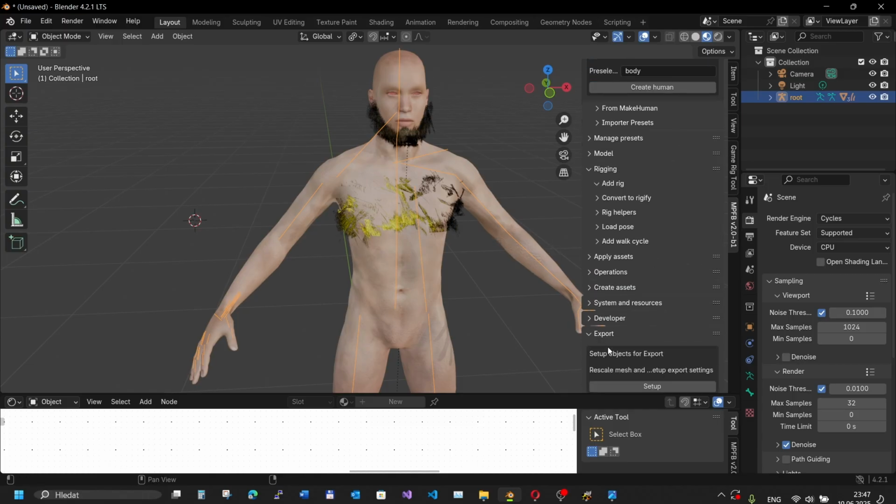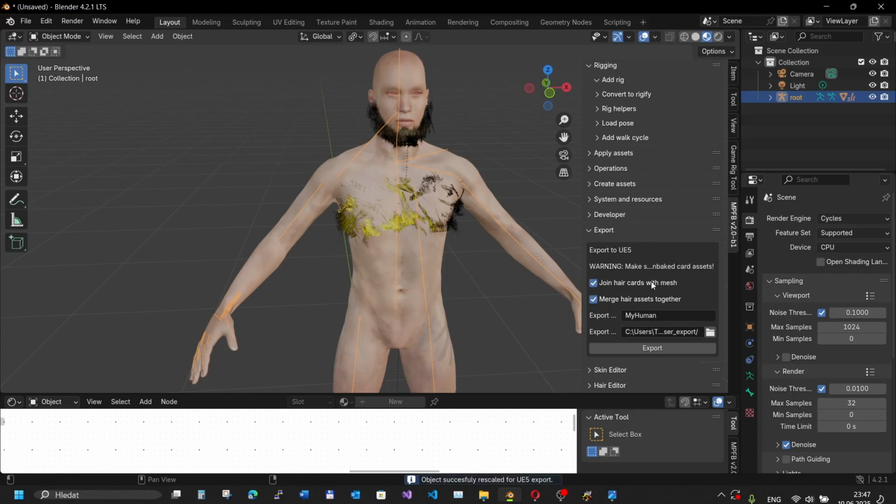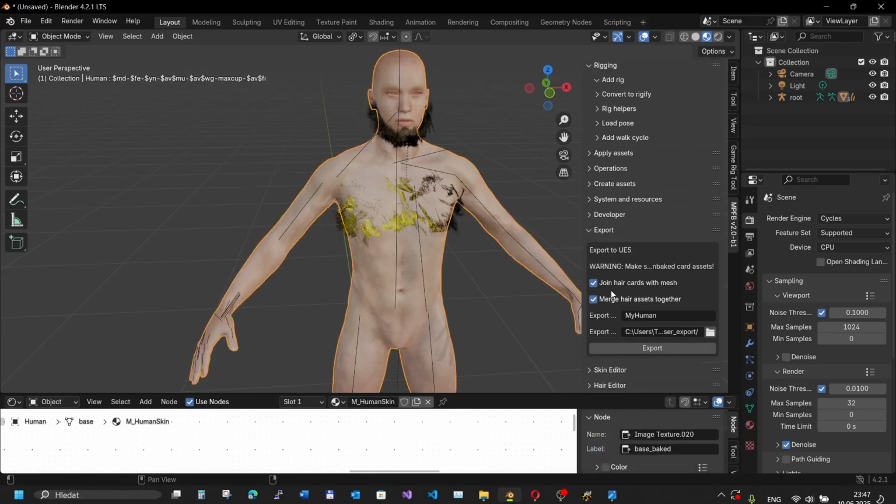So the rig is applied, and we go to the Export panel. We set up the export, and here we have a few options. We can join cards with the mesh. Those are these assets. If we choose to join them, they will be exported as one FBX mesh with the object. And also we have an option to merge the original curve-based hair assets together,